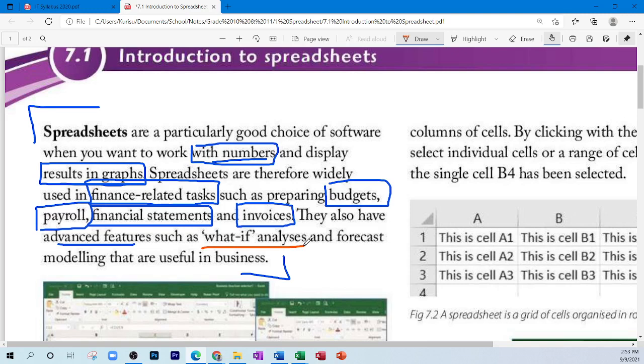So a what if analysis is basically you asking that question. What if? What if this? What if that? So a good example of this is like if